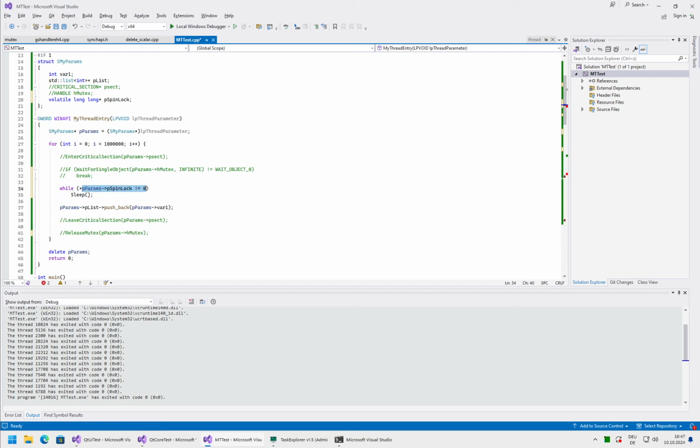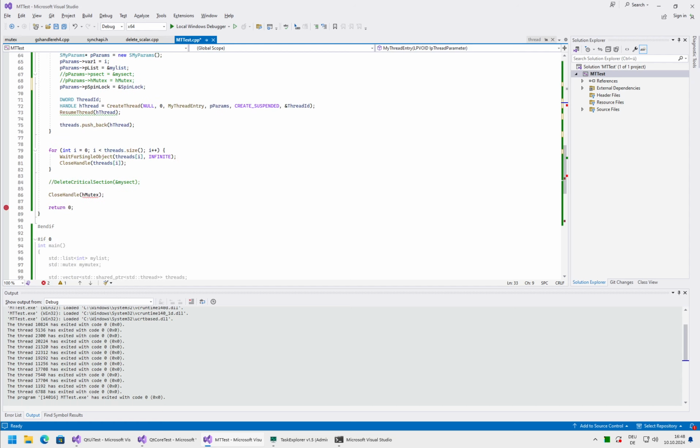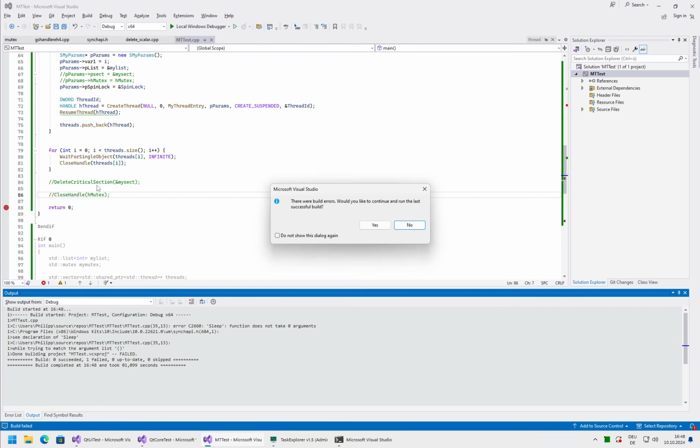Once this is done, set it to 1. But this will not work, this is the wrong way of doing it. And then once we are done, set it to 0. So we can try it, but this will again result in a